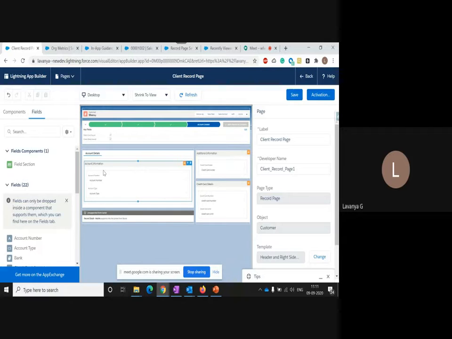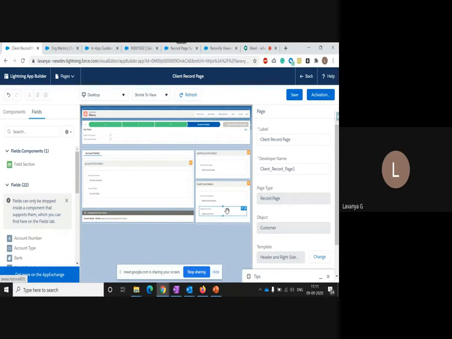If you are asking whether it will impact anything, definitely it will not impact anything because the field section, right? It will come up with a header, the section name, so that you don't need any extra components, tabs or detail tabs or anything. So you don't need that. But based on the requirement, you can do it.